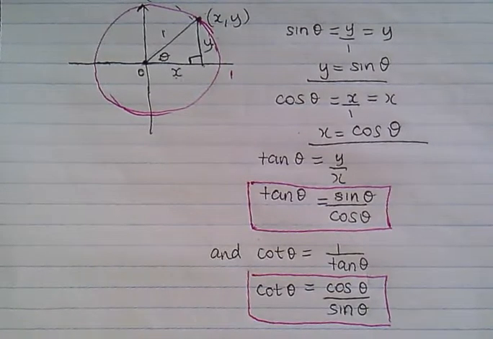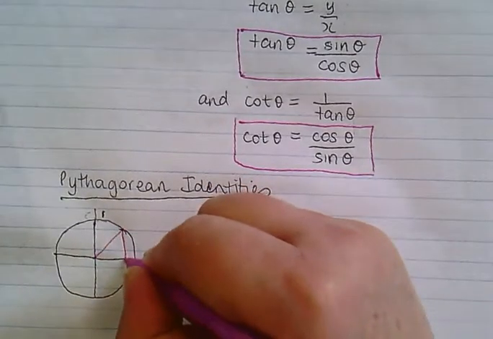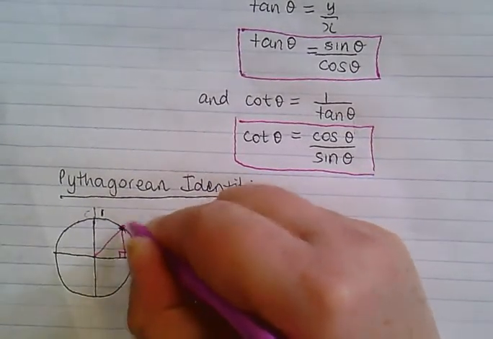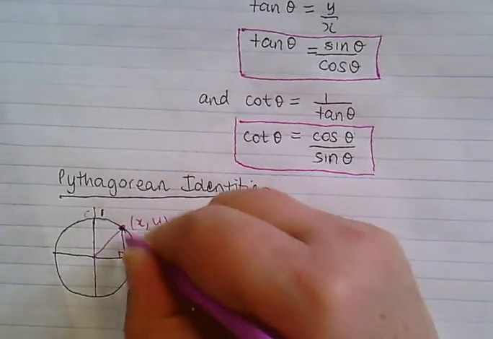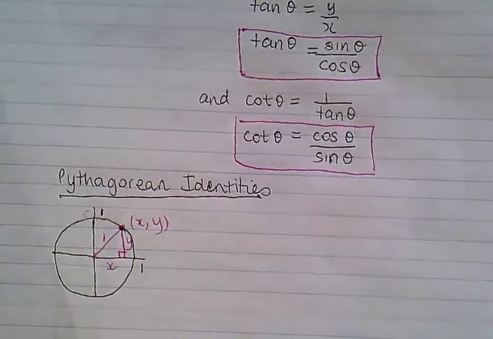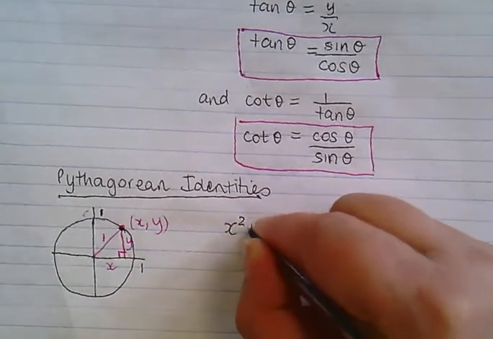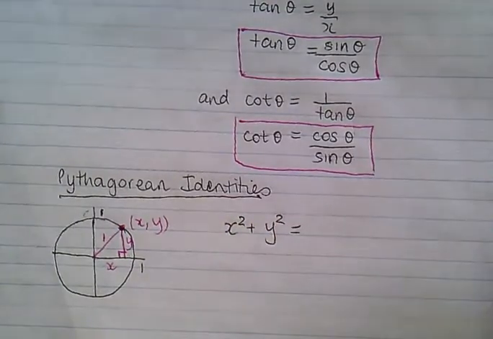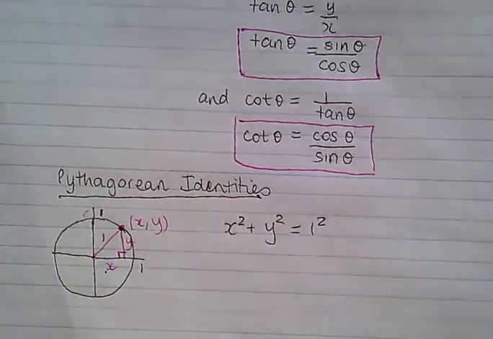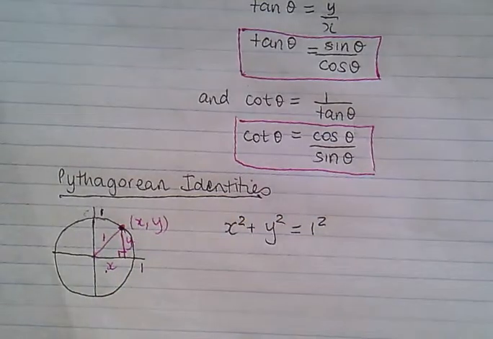Okay, so Pythagorean identities. Again, this right angle triangle, I've got the point x and y, x across, y up, the radius is 1. We know from Pythagoras' theorem that x squared plus y squared equals what? 1 squared. Yeah? x squared plus y squared equals 1 squared. I know that that length is x and this one's y, and that the hypotenuse is 1. So replacing,